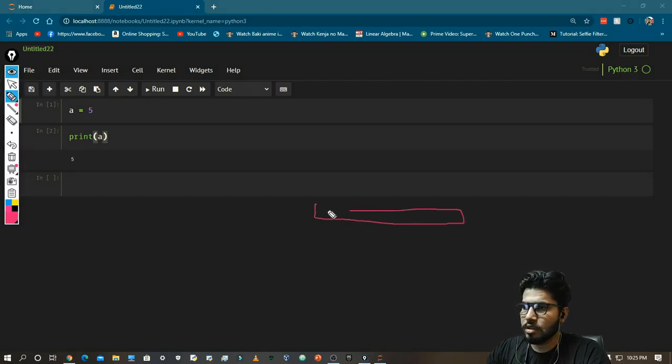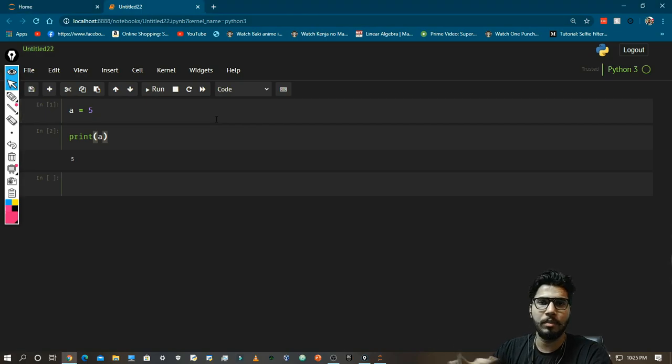Suppose these are memory blocks, or this is your RAM, and here you can store a value. So here I stored 5 and gave this block the name a, so I can use it later. And these are variables. Basically these are used to store your values in your program, because you won't be able to make good programs without storing any values. Suppose you are storing student data, where are you going to store this kind of data? You can store this data in variables.